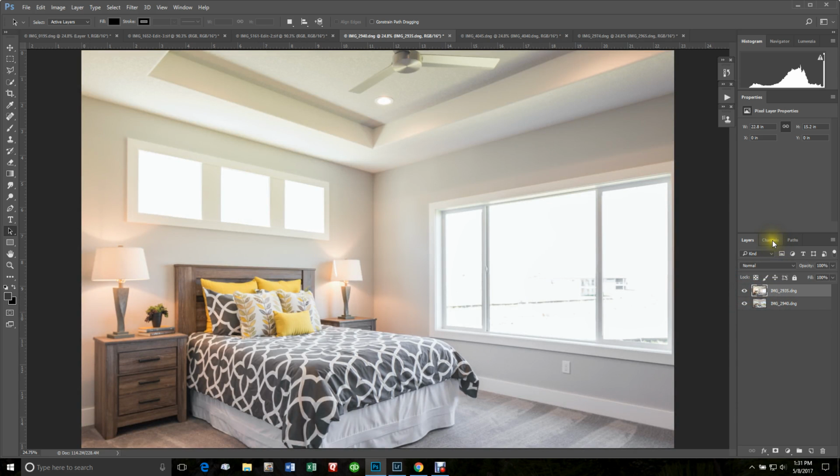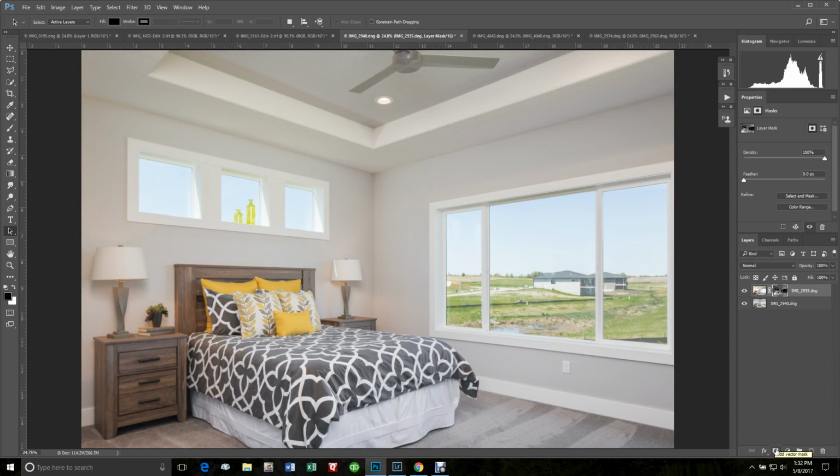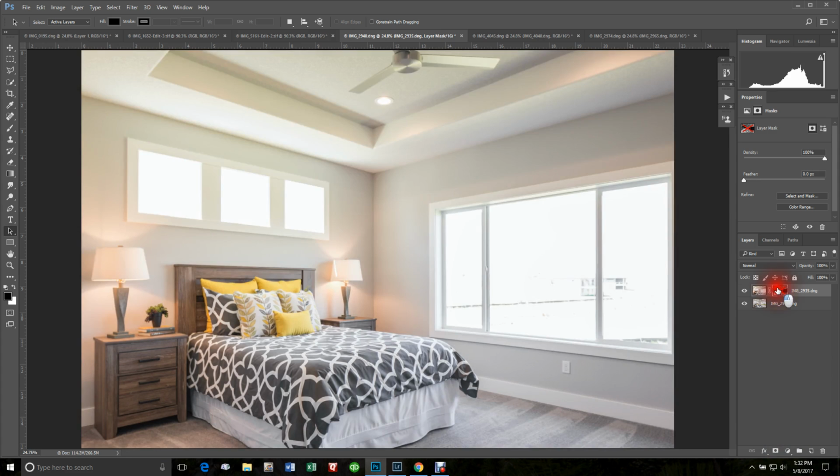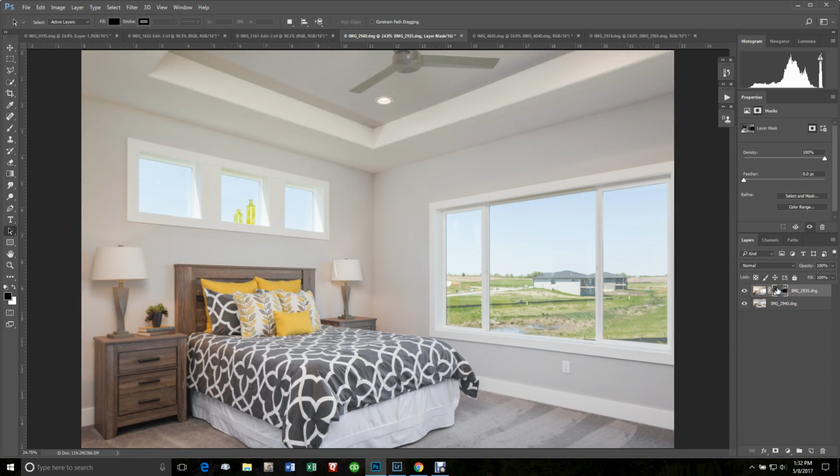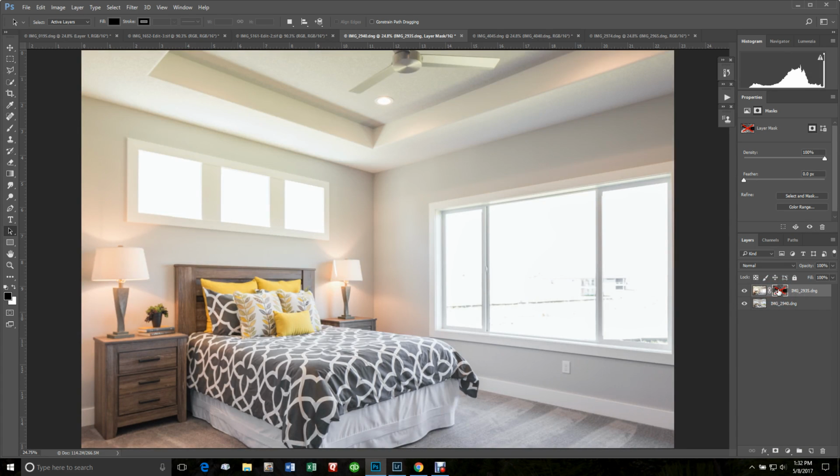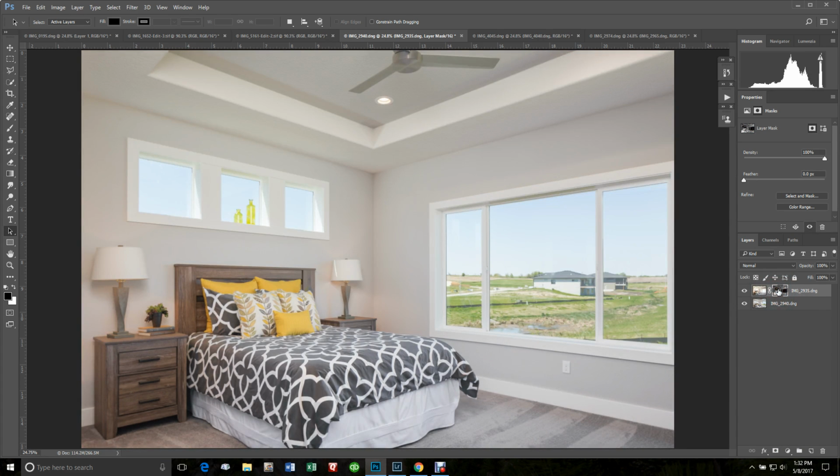So anyway, I'm going to go to the channels. I'm going to Control or Command click on the RGB channel, go back to layers, Alt or Option click, add a layer mask, and that did a pretty good job right out of the box. It definitely retained the detail in the windows, and look at the difference in that can light up in the ceiling. So I was pretty happy with this,